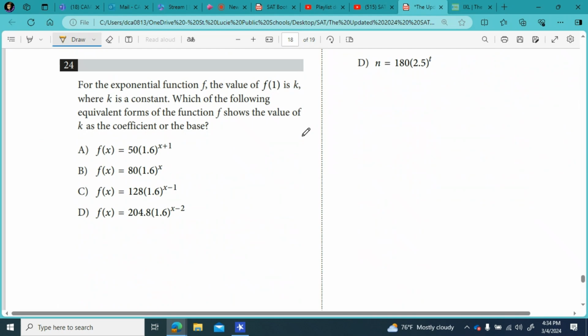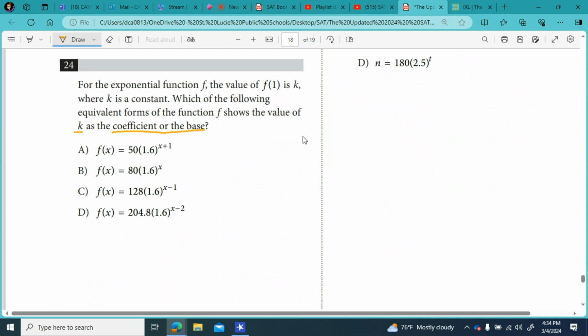Which of the following equivalent forms of the function f shows the value of k as the coefficient or the base? So if we had, okay, so when f is 1,